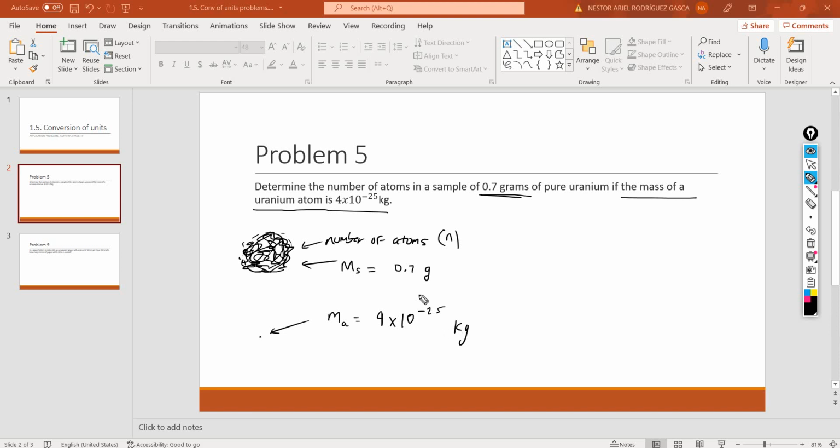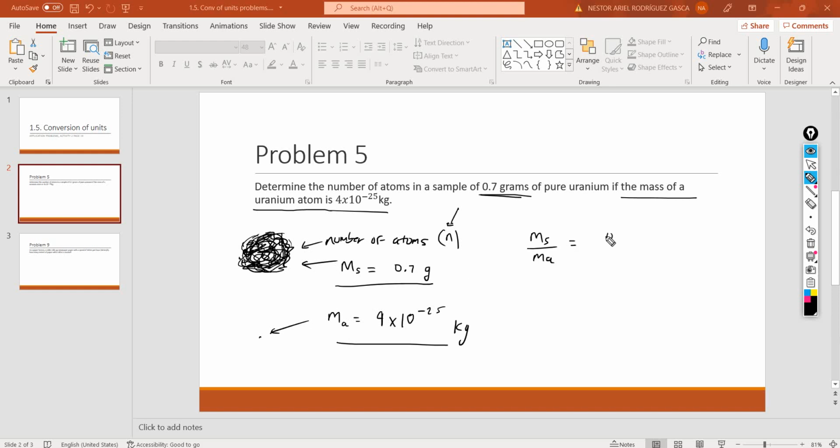Okay, so how do I solve this problem, guys? Basically, all you need to do is divide the whole mass of the sample over the mass of a single atom, right? That's all you have to do. Arithmetically speaking, it's a very simple problem. If you have all of this sample and there are many atoms in there, how do you know how many atoms you have? You divide the mass of the whole thing over the mass of a single atom, and that will tell you n. So I need to divide ms over ma,